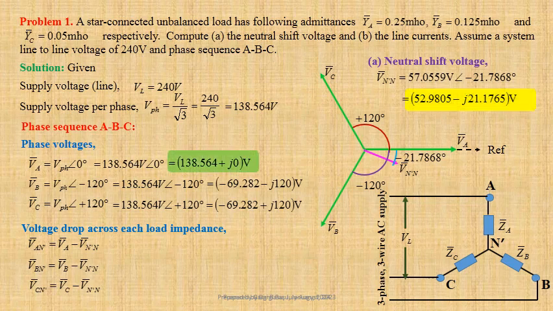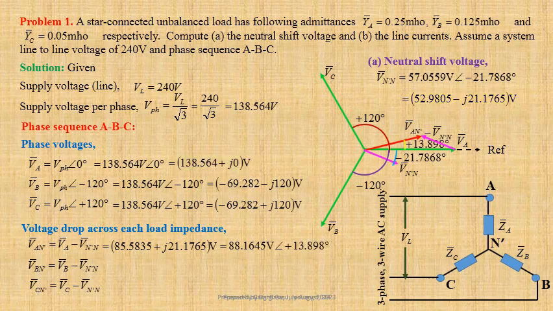Using values we get Van' equals 85.5835 plus j times 21.1765 volt. In polar form, this may be written as